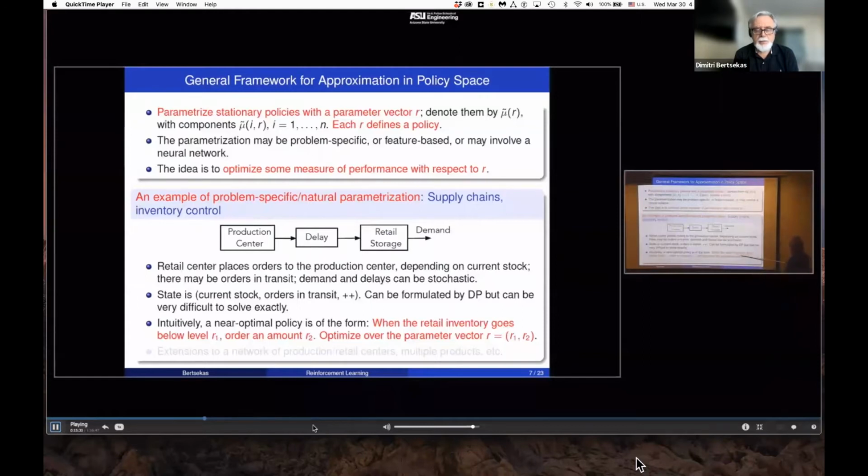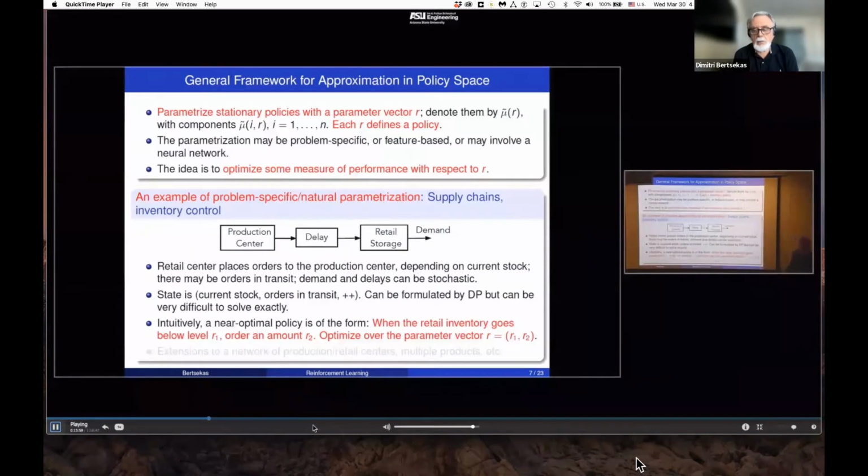When the retail inventory goes below a certain level, when you're running low, order more, okay? With the critical level and the order amount being parameters. So you may set these critical numbers and then try to optimize them in a